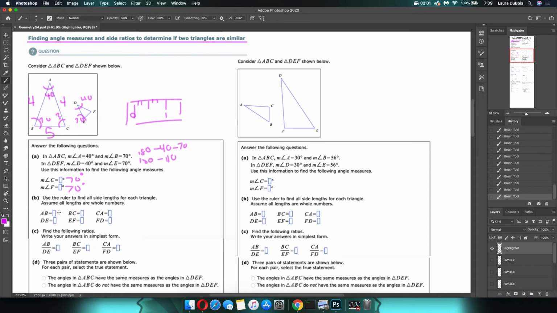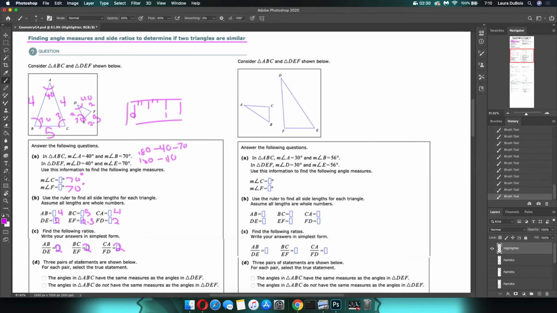So AB is 4, DE is going to be 2, BC is 5, EF is 2.5, CA is 4, and then DF is 2. So when you do the fractions out, you're going to get the same number every time,